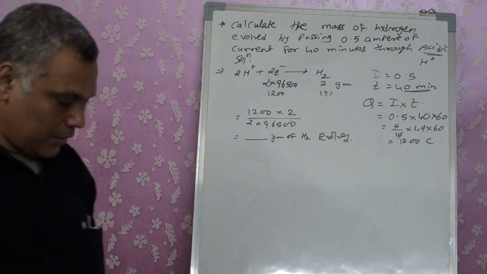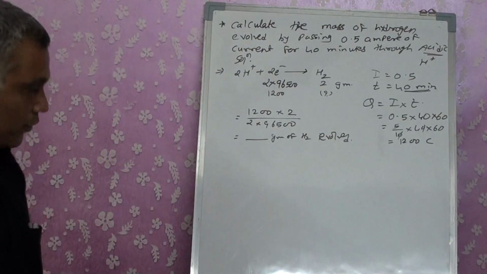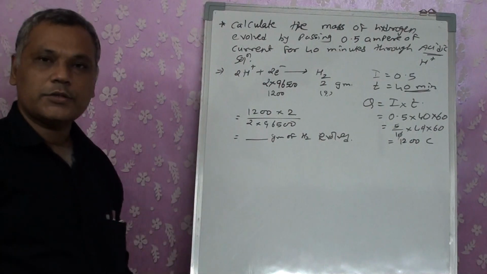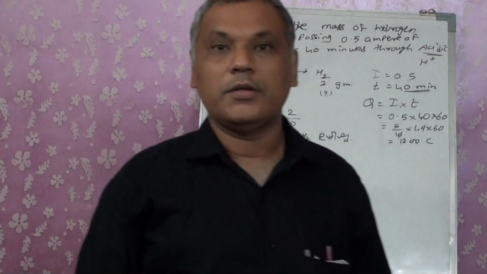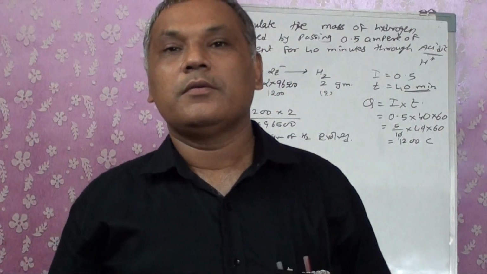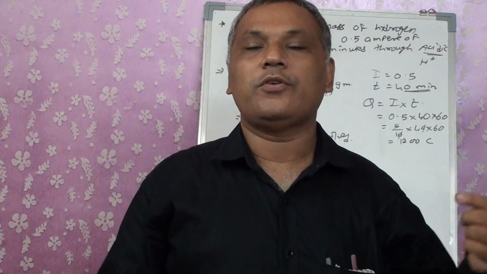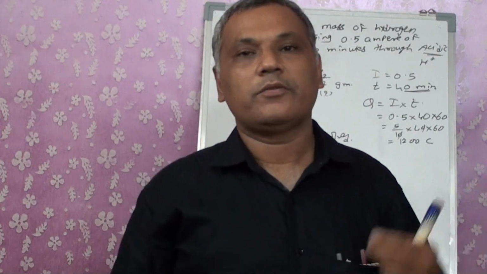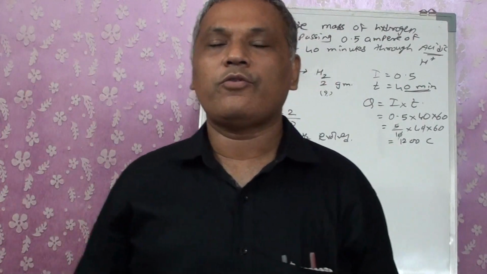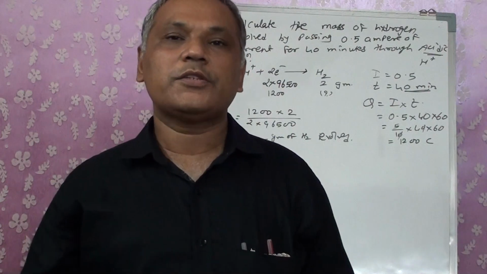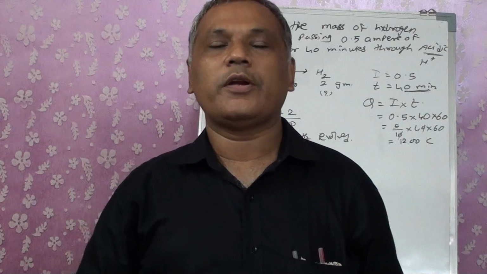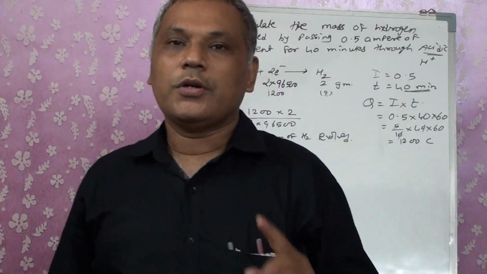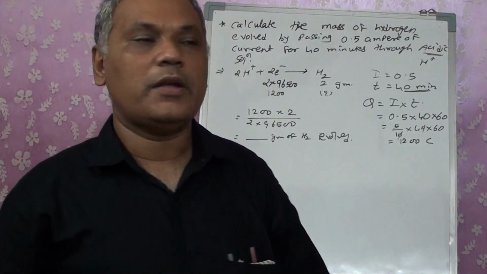Right? So that many grams of H2O will be evolved during the reaction. See, in both the numericals that we did, either Q equals I into T, if the details are given, you will get Q and then we will have to implement it, and if not, from the equation we will have to find out Q and then find out I and T. But in short, the equation is very important.